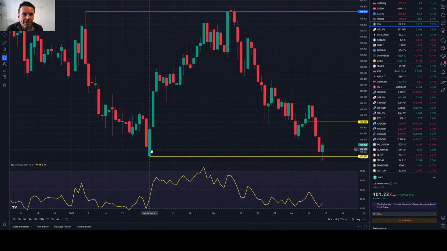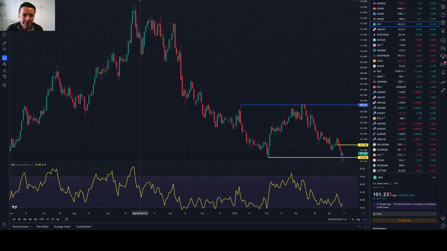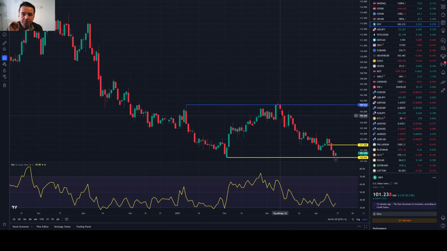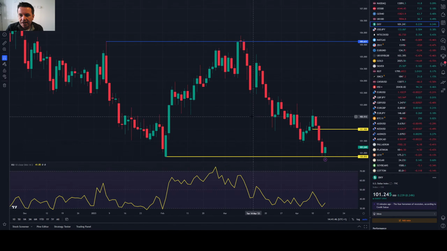So when we were down here around 100.80-ish, sentiment changed. We'd seen the dollar in decline from last September. It dropped about 10, 12% into those February lows, and we saw a decent rally. The market rallied about 5% off those lows, and here we are again. Now, I am short the dollar at the moment. I got short about here, short on the bounce back, and I'm still short from a medium-term trade point of view.